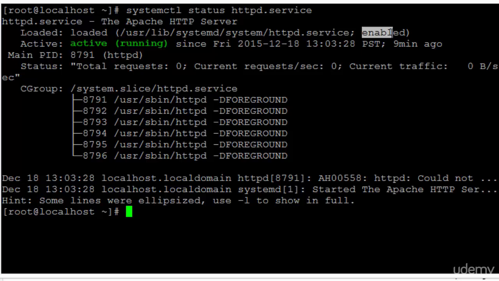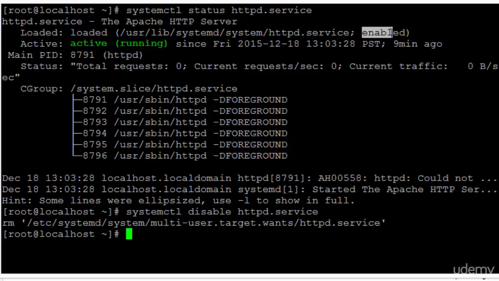Now let us see how can we disable a service at boot. So I will run the command systemctl disable, then the name of the service, which is httpd.service, and press enter. Now I have disabled the httpd service at boot, and to verify that, I will run the systemctl status